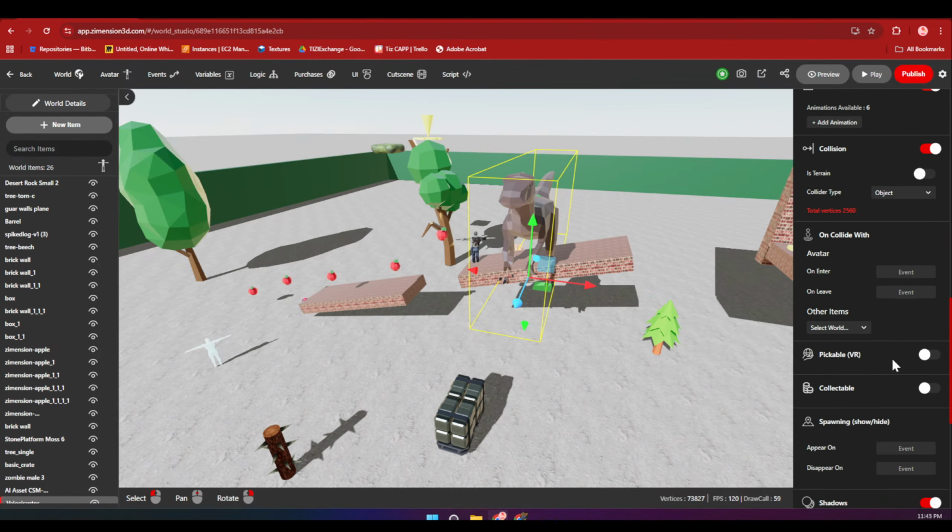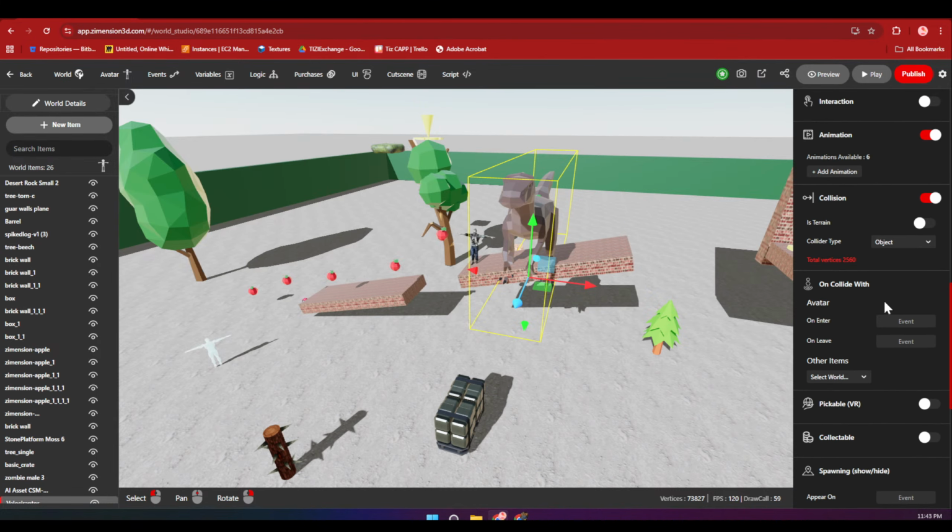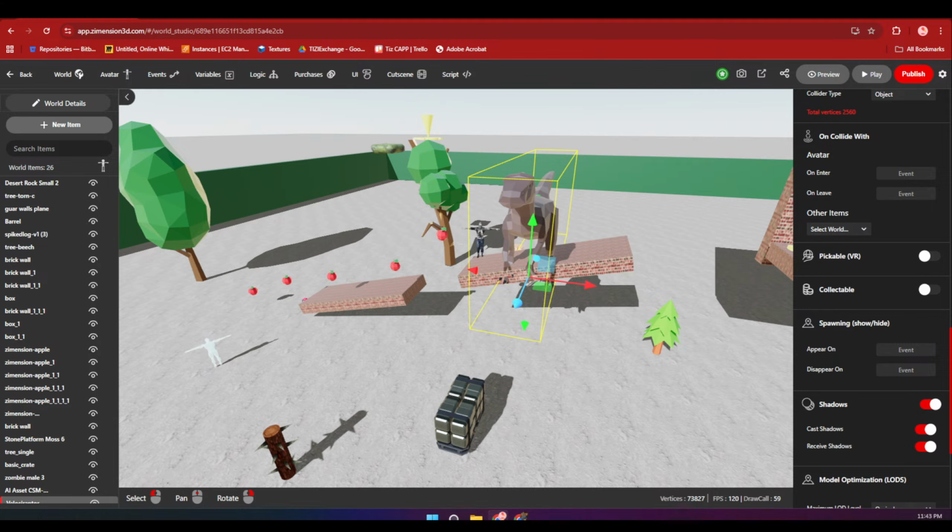I will make him appear on this particular event. Yeah, spawn on. So this is again where you can make sure something hides and shows on a particular event. So when the wall disappears, we'll make this Rhinoceros appear.